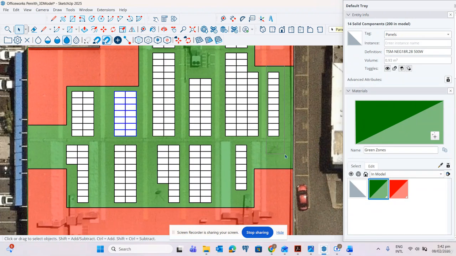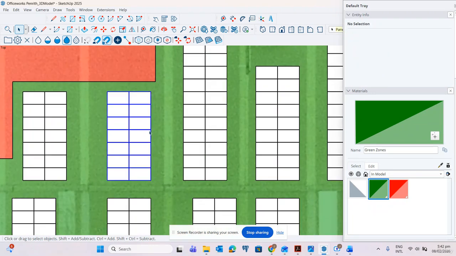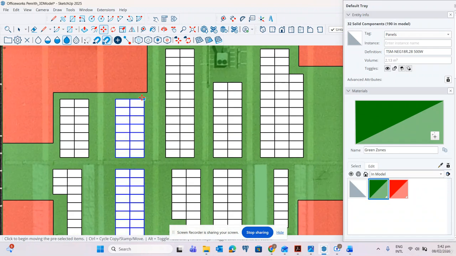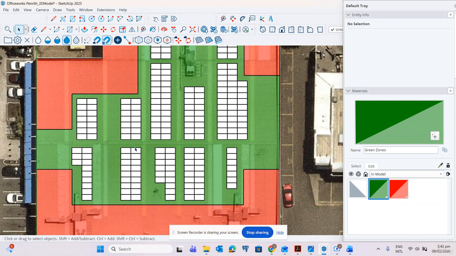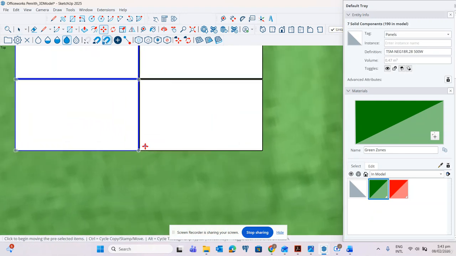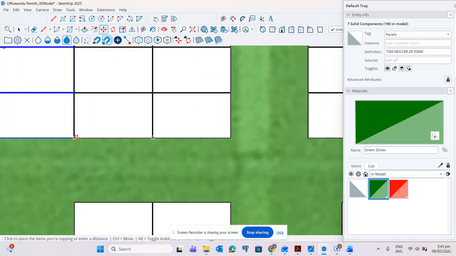Sorry. Because it's already at the edge part of the roof. We can move this panel. Press M, control.